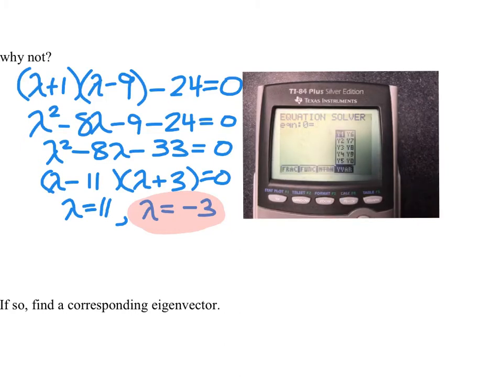So alpha trace y1 minus alpha trace y2. All right, this is what you're going to put in and leave in. All right, this is a function solver. What it does is it takes the difference between those two functions and sets it equal to 0. So if you think about what we put in y1 and what we put in y2, that ultimately ends up being the left-hand side of the equation. The reason why we want to do it like this is so that we allow ourselves to find the solution of any equation, even if the right-hand side is not equal to 0. All right. When you hit enter,